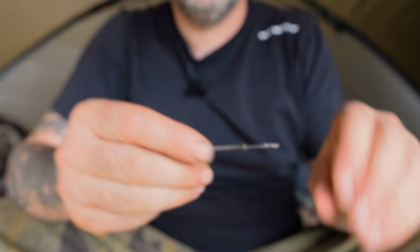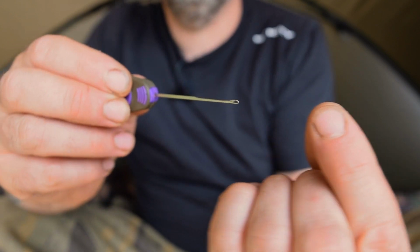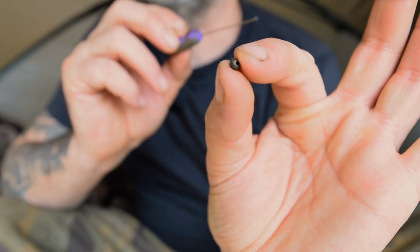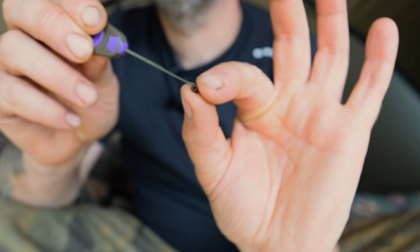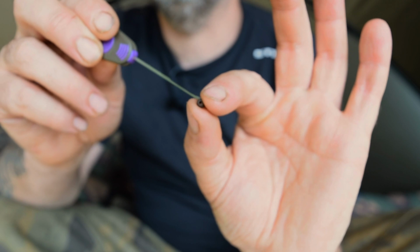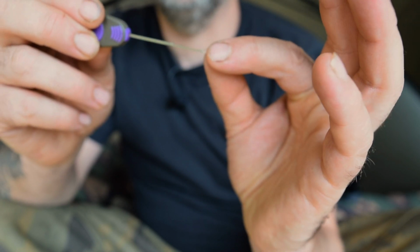Then all I do is use a rubber bead, but make sure it's a soft rubber bead, like so, and always go through the hole that came with the bead, if you know what I mean. Don't ever go through the opposite way and make a new hole, because that hole's going to be really tight and it won't slide up and down the lead core. Well, yeah, it might slide up and down the lead core,